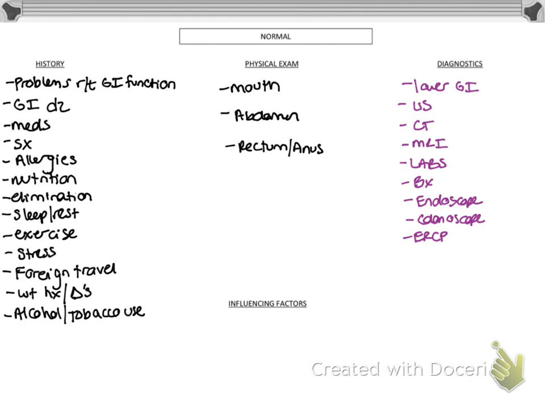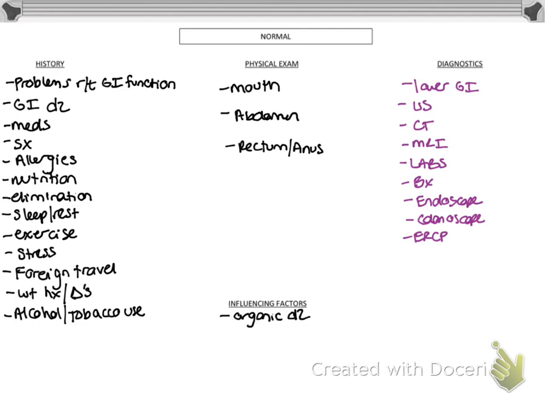Labs are helpful. We'll talk about those. Biopsy, if we see anything like a mass, we'll biopsy it to see what it is. So just like lower GI enema, we can do an upper GI, which is the endoscope, to look at things. A colonoscopy is up from the bottom. And then an ERCP, it stands for retrograde something, pyelogram. They basically can go in and grab gallstones. So it's a diagnostic procedure that is also therapeutic management. That's one of those cool things: it tells us if they have gallstones, but we can also take the gallstones out once we diagnose them.